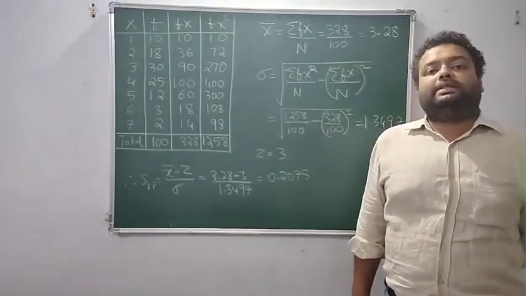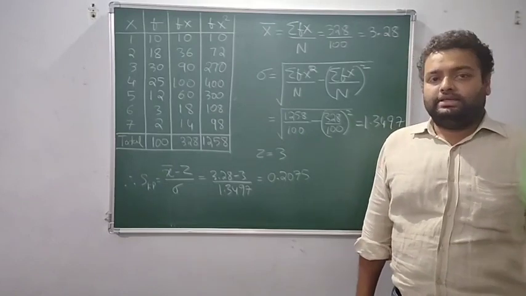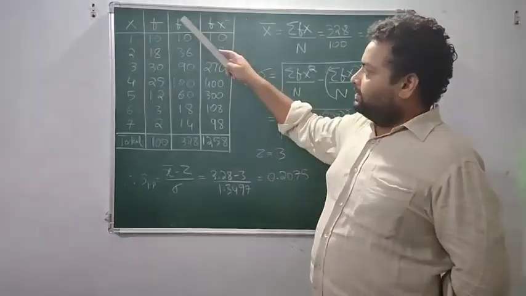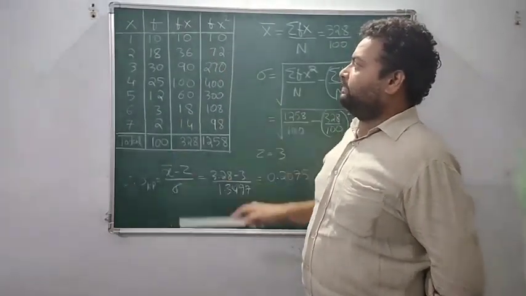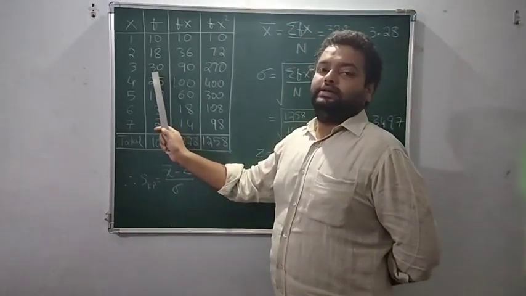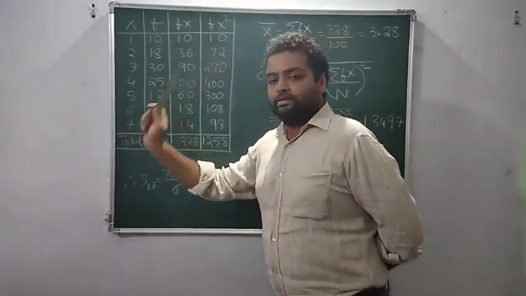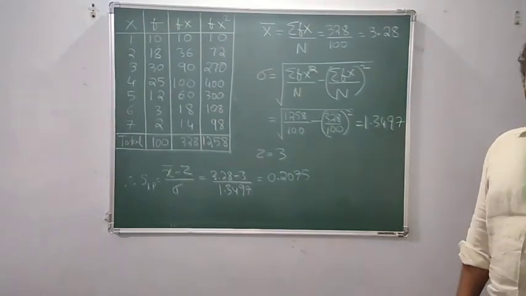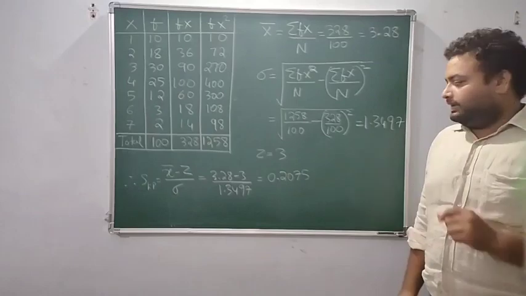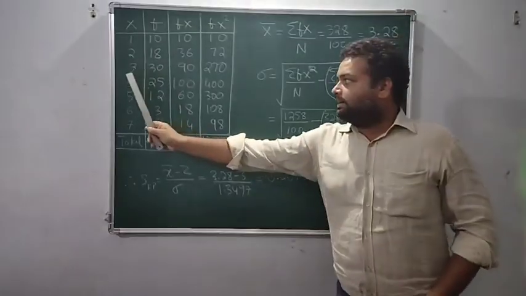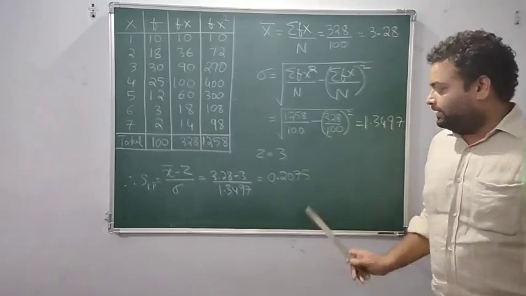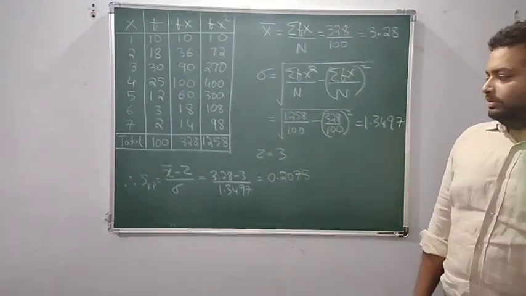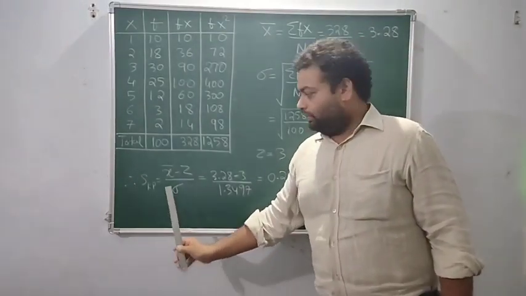So before applying Karl Pearson's method, we have to check whether the given distribution is unimodal or not. So here we observe the highest frequency. There is only one highest frequency, that is 30, and the value corresponding to it is 3. Hence, for discrete data, the mode value is the x value corresponding to the highest frequency. So here the highest frequency is 30 and the corresponding x value is 3. Therefore, the mode value is 3. Hence, the distribution is unimodal. Now, we confirm that we can go for this formula here.